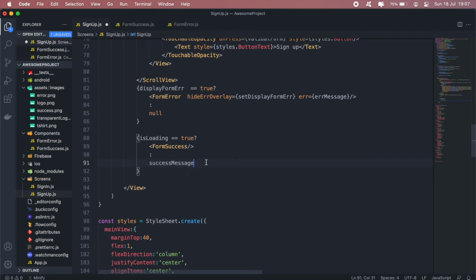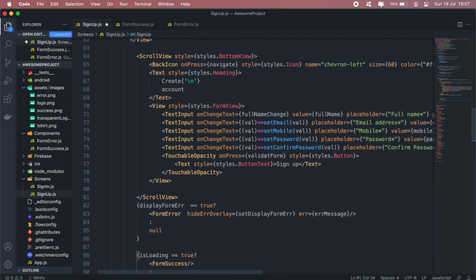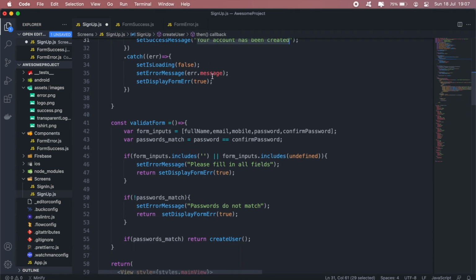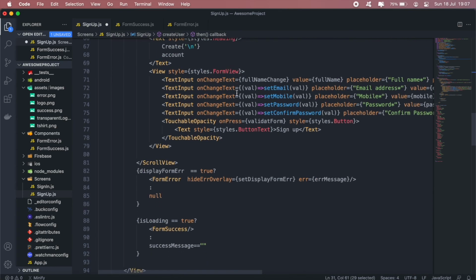Okay, so if success message equals your account has been created. So this could have been a different state saying maybe user account has been created. Perhaps a Boolean variable would be much better, just to check whether the user account has been created, and that state would be either true or false. So in this case, I'll just use the text for now. So success message equals your account has been created. Then we pretty much